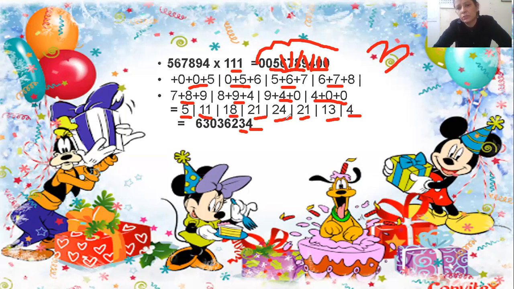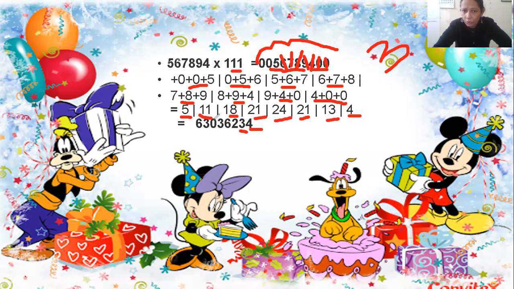4 plus 2 is equals to 26. So from 26, 6 at the unit place, you will write down here 6. And 2, this 2 you will carry forward. Okay, this 2 you will add with 21. So 21 plus 2 is equals to 23. So you will write down here 3 and carry forward 2. Now what will you do with this 2? 2 you will carry forward and add with this 18. 18 plus 2 is equals to 20. So you will write down here 0 and carry forward 2.